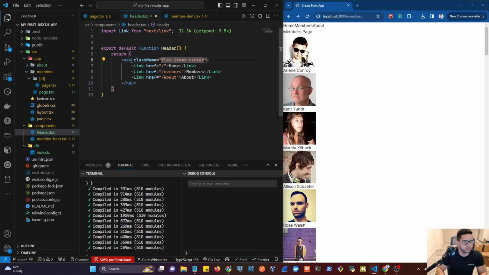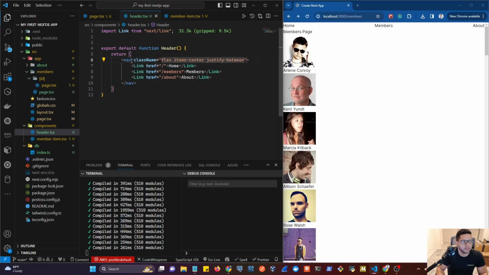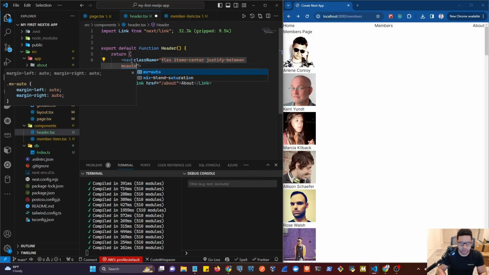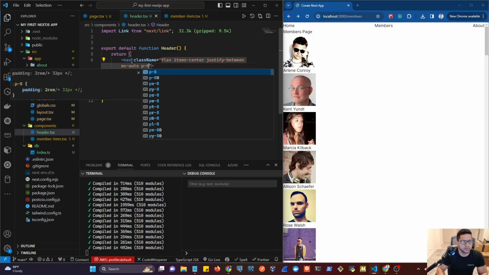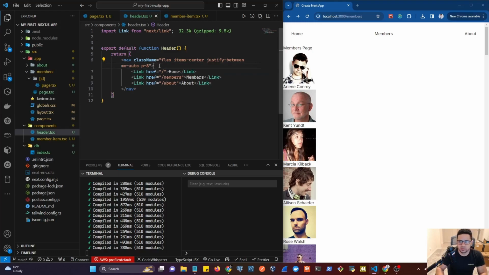Let's do justify-between to add some space in here. And then we're going to add some margin on the X axis of auto. And let's also do a padding of 8, I think I have. Cool. So we are going to need to move the first link outside of, or let's just wrap these two